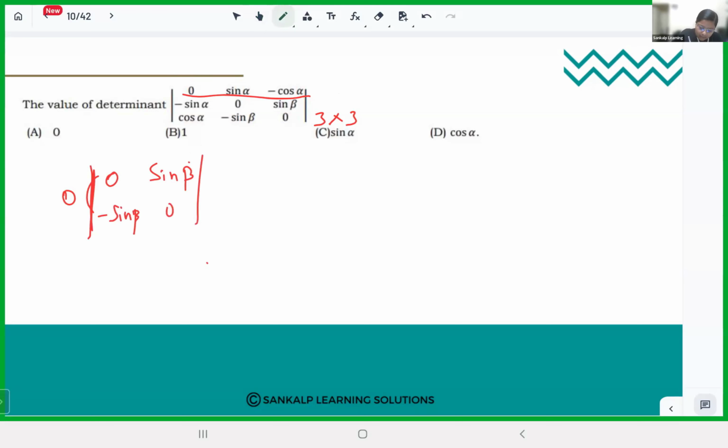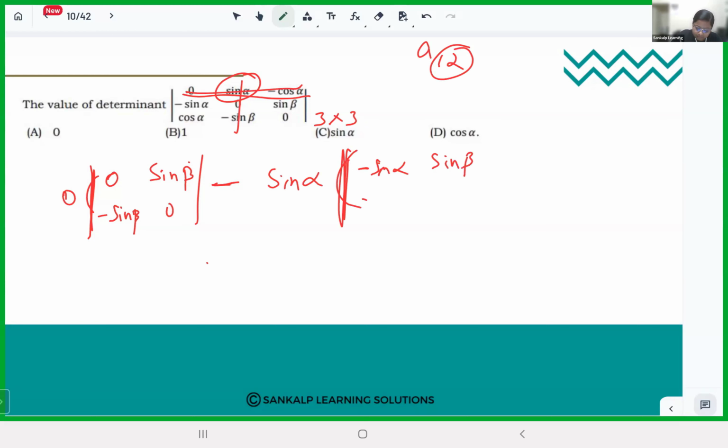Then minus. And why am I putting a minus here? Because this is the A12 element. The addition 1 plus 2 is 3. Since it is odd, we have to put a minus there. The second element is sine alpha. Sine alpha into the determinant: you have to delete this row and the column. So that is minus sine alpha, sine beta, then cos alpha